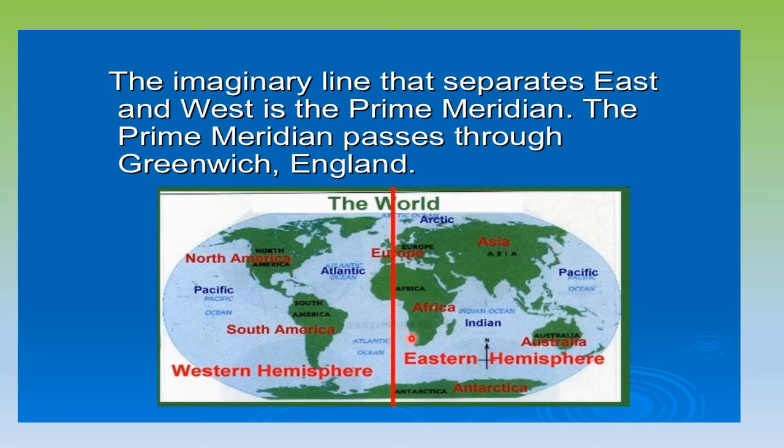Now, why are latitudes and longitudes very important? Both are used to calculate the location of a place. How do pilots fly their planes? Again, they make use of latitudes and longitudes. If you know the latitude and longitude, you can easily find the location of that place on the world map or on the globe. Always keep in mind that astronauts or people who go into space do not see these lines drawn anywhere on the earth, because they are all imaginary lines. We use them only for calculation purposes.